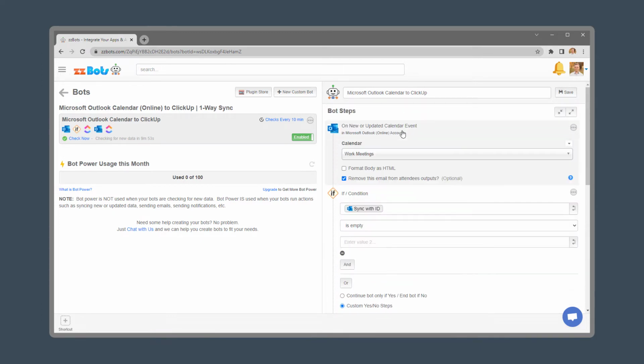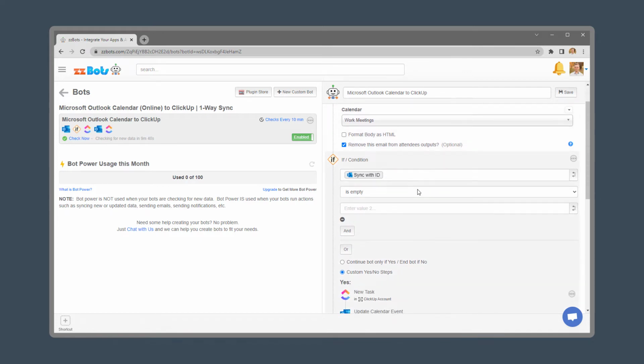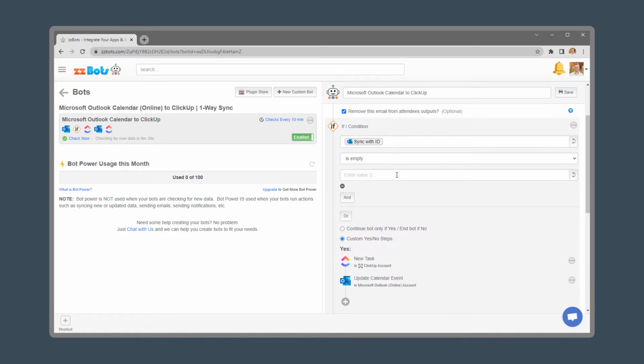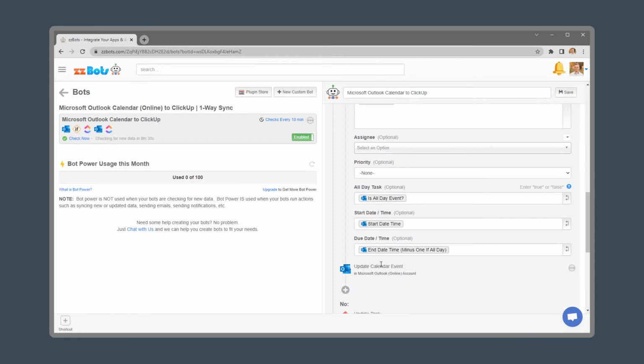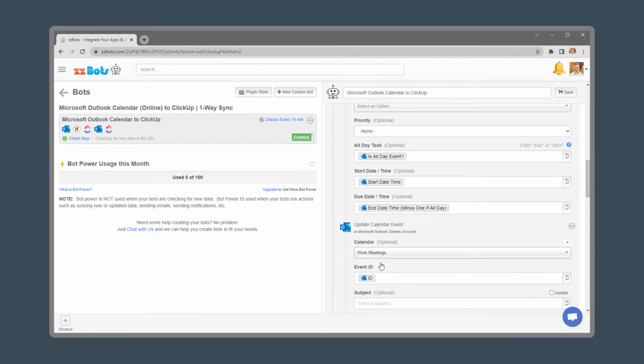The first step will trigger when there is a new or updated event in the specified calendar in Outlook. The if condition step will check the new or updated event to determine whether it has been synced over to ClickUp. If it has not been synced over yet, your bot will continue on to the new task and update event steps, where it will create a new task in ClickUp and then link it back to the corresponding event